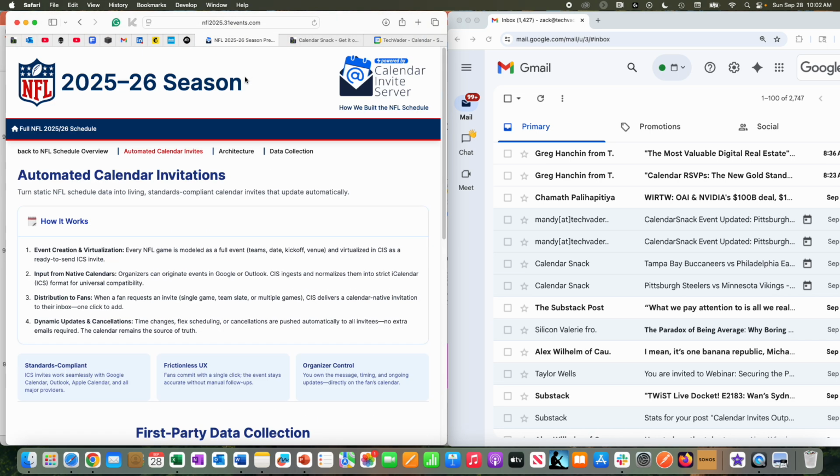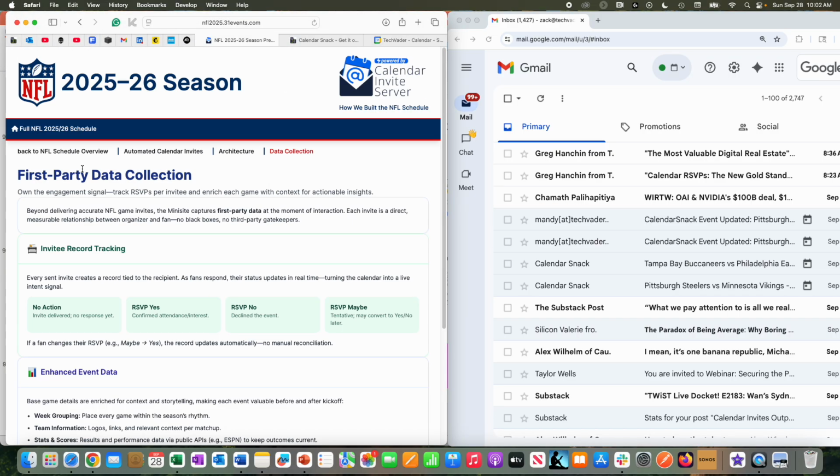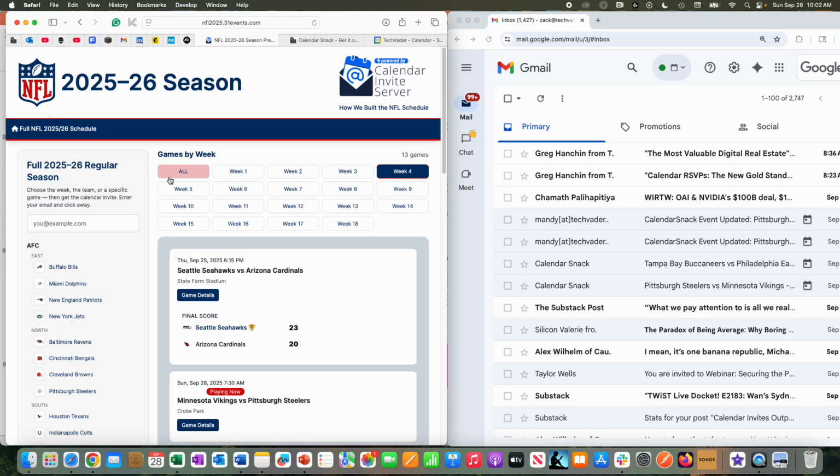Not to get too far in the weeds, but the explainer Arnie spent a lot of time with. We go over architecture here, how it was built, and then data collection here. So let's get back into the schedule itself and walk through a demo exercise whereby Mandy, the organizer, who has injected the data into the site off her personal calendar,